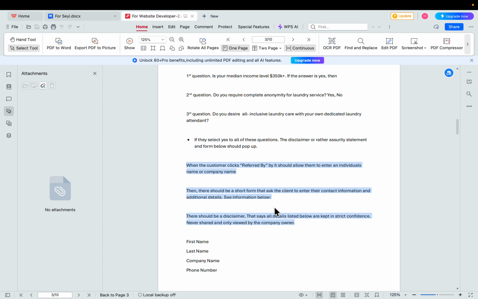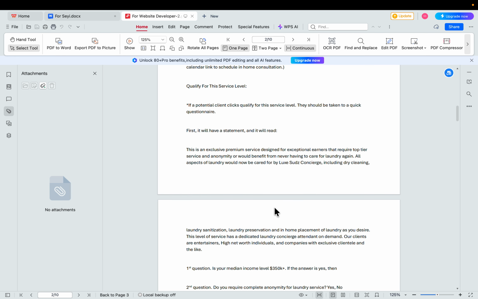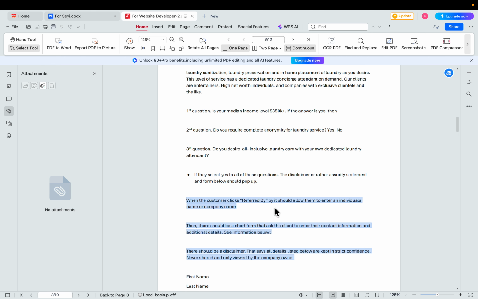Can I ask you a question? It's kind of confusing right now. After they click on qualify for this service level, it will bring another page that displays two buttons. The first one will be referred by.